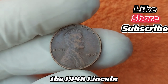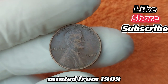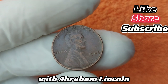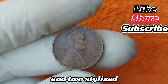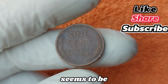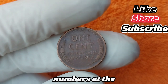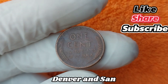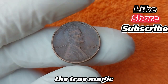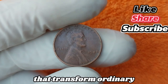The 1948 Lincoln Wheat Cent was part of the long-running wheat penny series minted from 1909 to 1958, designed by Victor David Brenner with Abraham Lincoln on the obverse and two stylized wheat stalks on the reverse. At a glance, there seems to be nothing extraordinary about the 1948 penny, produced in large numbers at the Philadelphia, Denver, and San Francisco mints. But as with many stories in numismatics, the true magic lies in the tiny, sometimes imperceptible flaws that transform ordinary